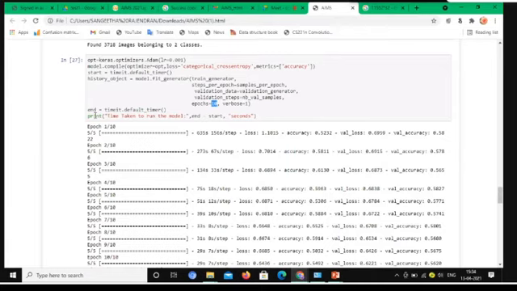Once we get lower accuracy, we have to go back and train the model or improve our epochs. If we give 100 epochs, it will reach nearly 90 percent. If you improve your epochs, it will reach the highest accuracy.